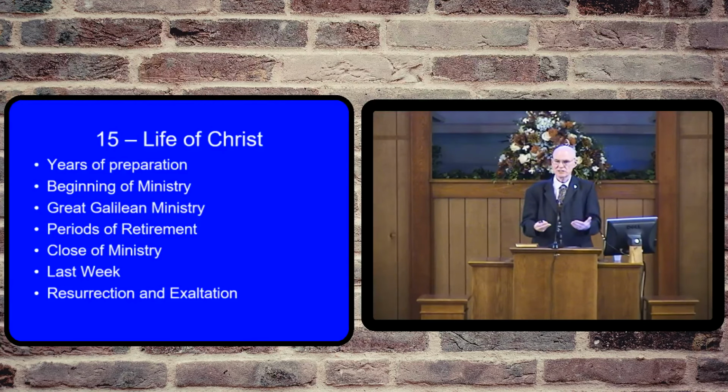Beginning of his ministry is to get things started, about a 6-month time frame. The Galilean ministry, 18 months. And then the periods of retirement, there are 4 periods where he pulls his apostles away from the crowd so he can have time to spend with them. Another 6 months. To close the ministry, about 6 months. Again, all these are approximate. But we got 6, 18, 6, and 6 to make up the 3 years that Jesus was on the earth